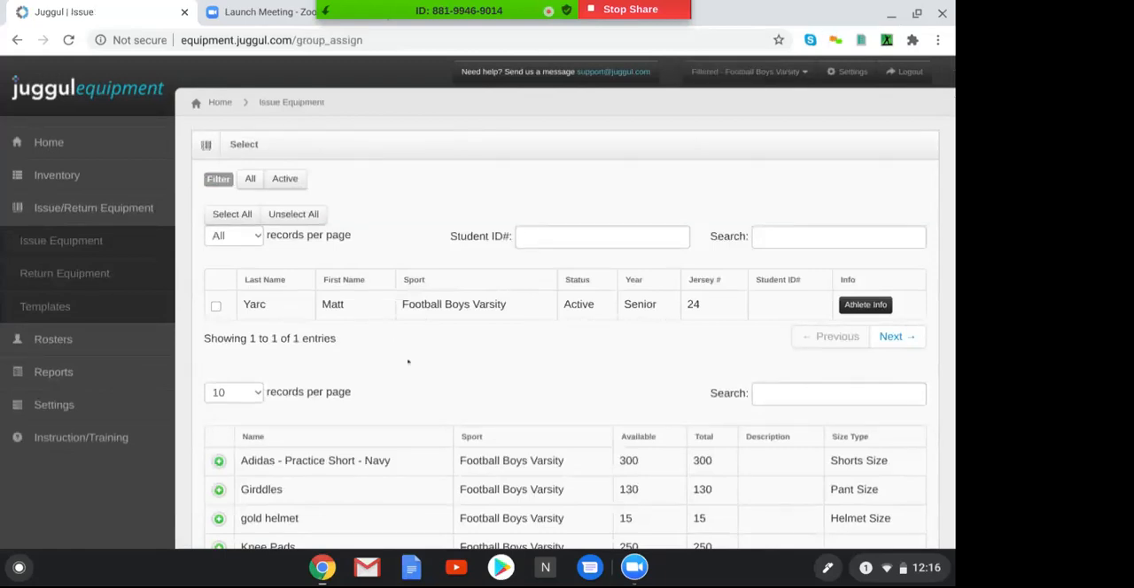So if you had 40 players on your roster, you could search and find them via student ID number, if you added that for each athlete when you were adding them, and that would show up in their profile as well. Or you can just search here and filter and type in the last name, and the athlete would appear here. The process for issuing equipment is choosing the athlete,